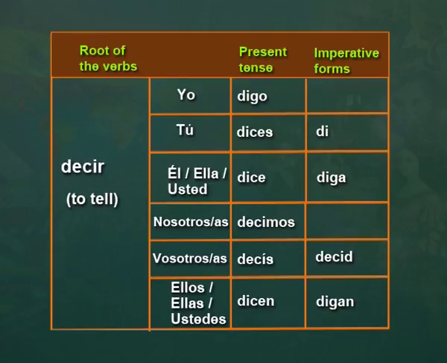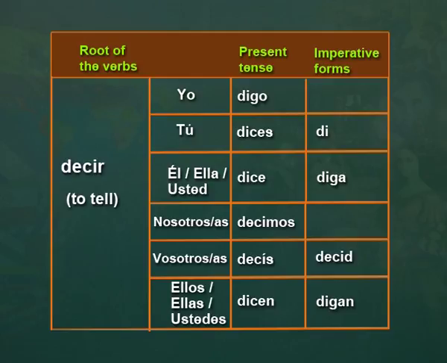It is decir. Decir is to tell. In the present tense, it is conjugated as digo, dices, dice, decimos, decís, dicen. In the imperative, it is di for you. Suppose you want to say tell, you say di. If you want to say tell me in an informal situation, you just say dime,